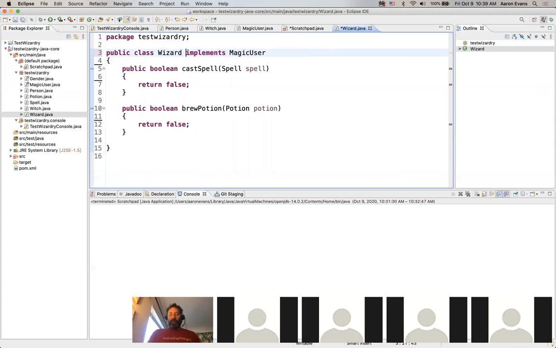It might also extend, I don't know, reaching out to another mythology. A wizard could be an elf too. Or maybe a person could be an elf or a human. But anyway, it doesn't necessarily have to extend Person and implement. And it doesn't have to extend and implement. For instance,